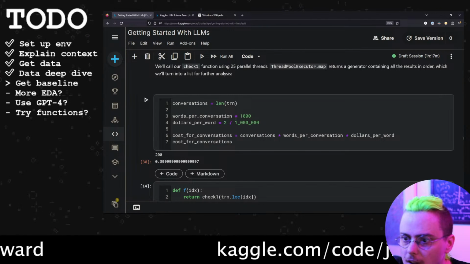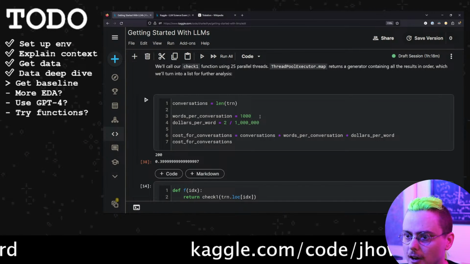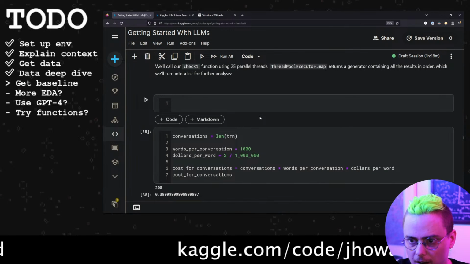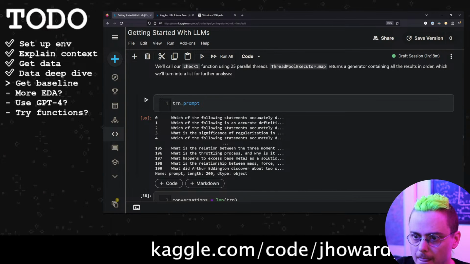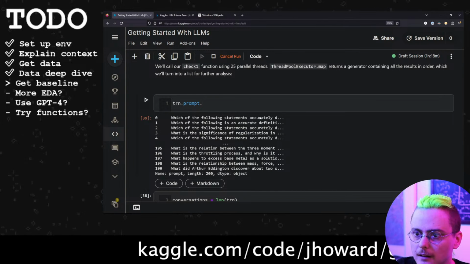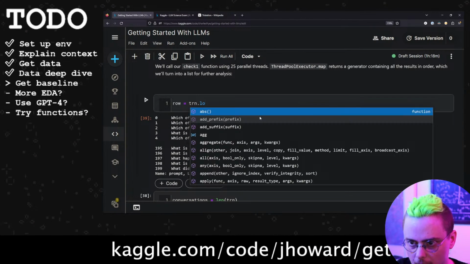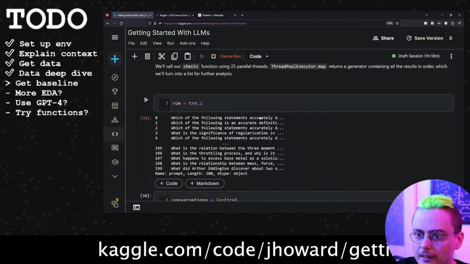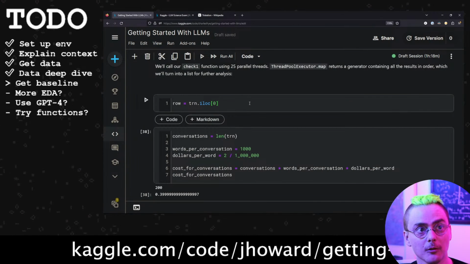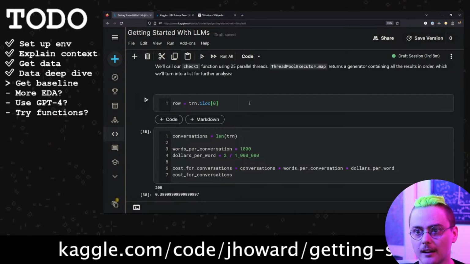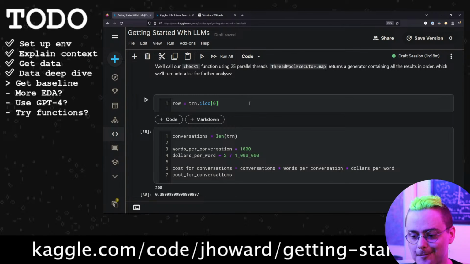And then words per conversation. This is how long these things are. So let's check churn.prompt, and grab just one row and see how long these things are. The expense of running a language model depends on how much text you send to it, and that's calculated using tokens, not tokens like crypto tokens.